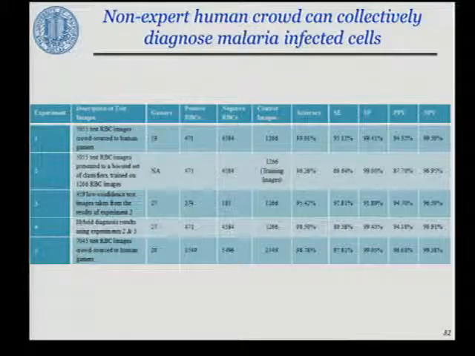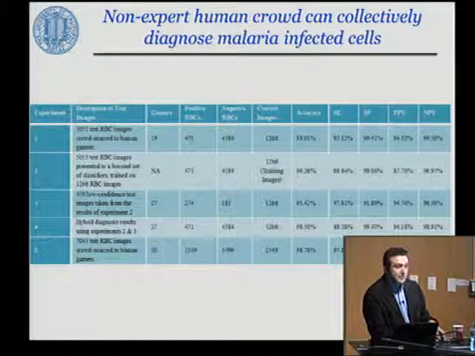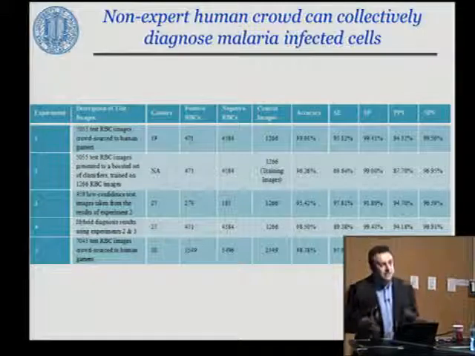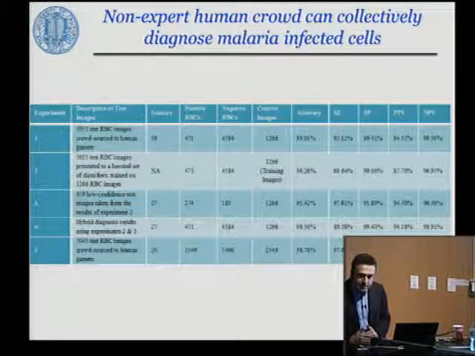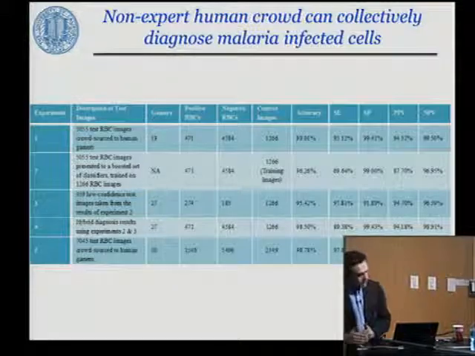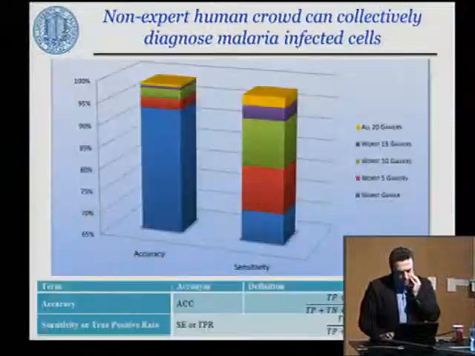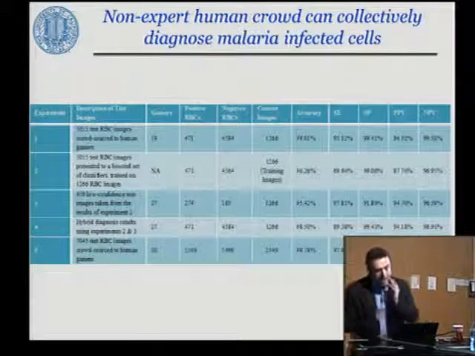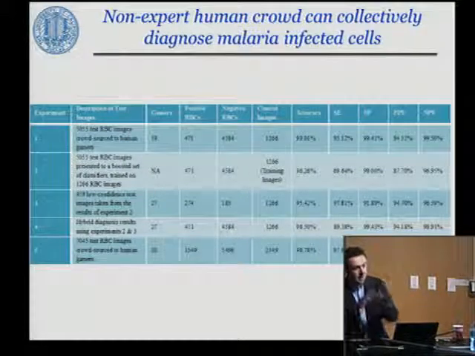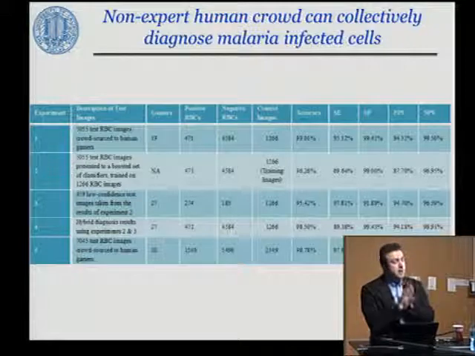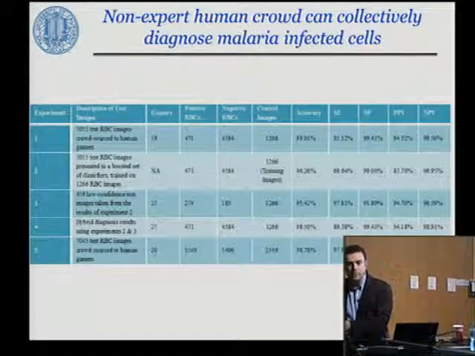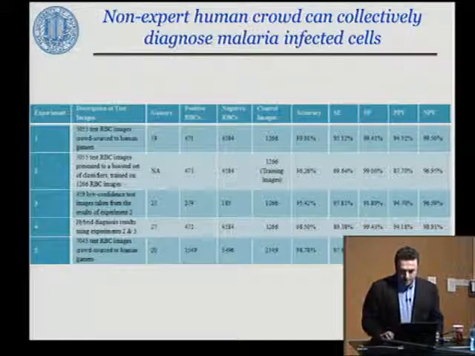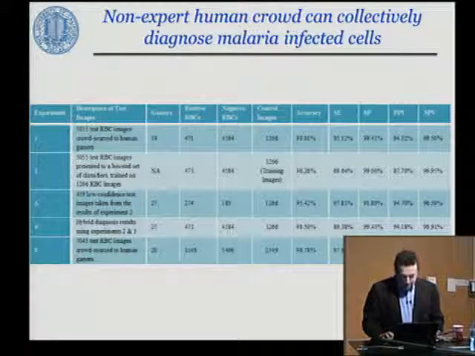This platform got very strong in terms of what it can do. With about 20 undergraduates from the School of Engineering, with no training on malaria whatsoever, we were able to collectively create a diagnostic accuracy at the single cell level that is about 2%, actually about 1.5%, of the accuracy of an expert diagnostician who went through the same image set. One of my colleagues from UCLA Clinical Microbiology.